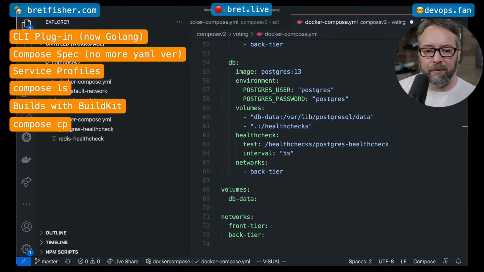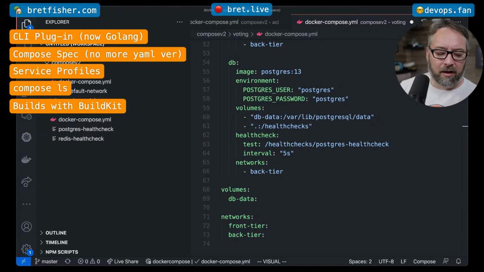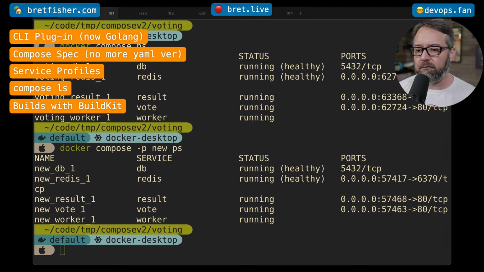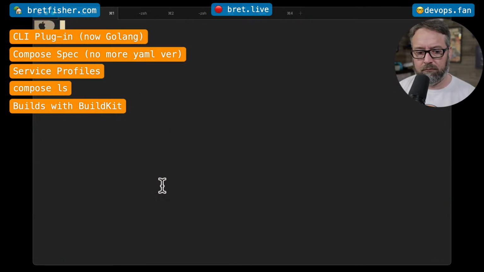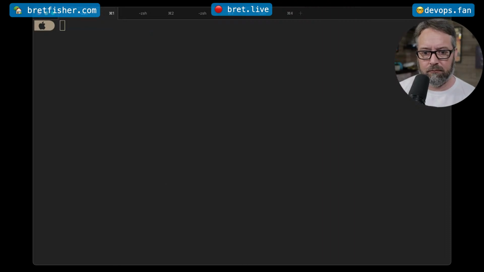Compose, nope, we're talking about BuildKit. Builds with BuildKit. By the way, in chat, if there's something I missed because I was on the wrong screen, just let me know. I'm going to make it a little easier and just do this. All right, so with BuildKit, if I'm in this directory,